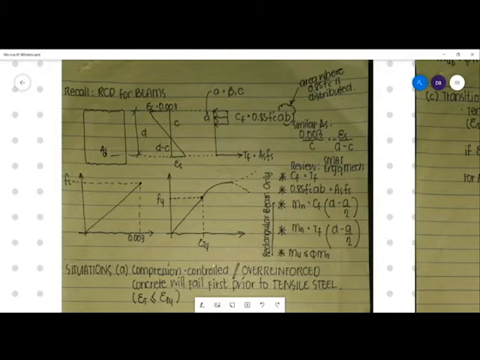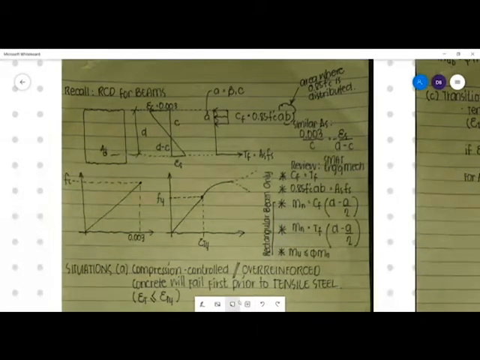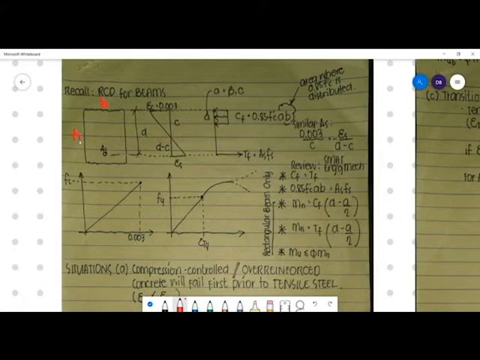So we have here a base width, let's say this is your letter B, and then we have a height, which is H, and we all know that